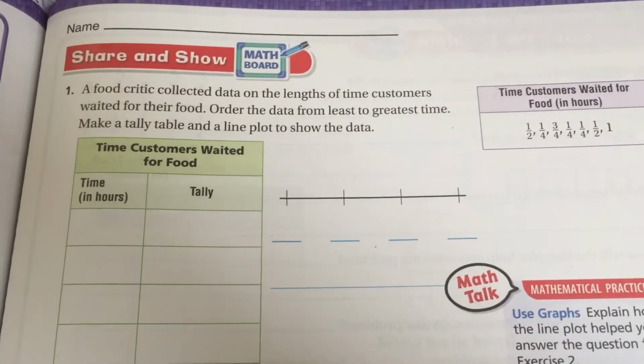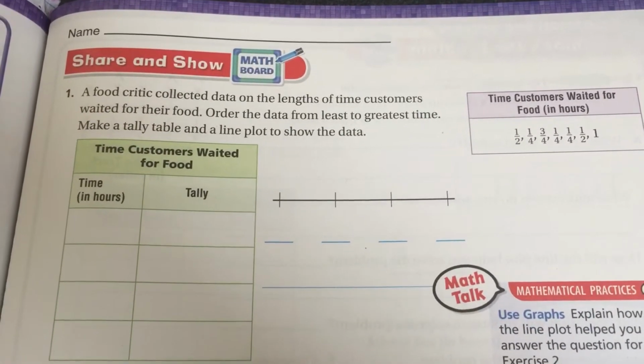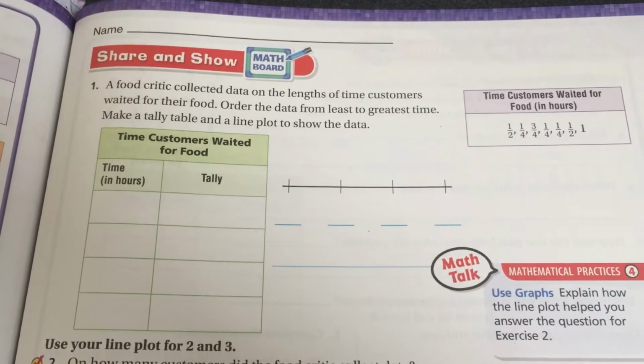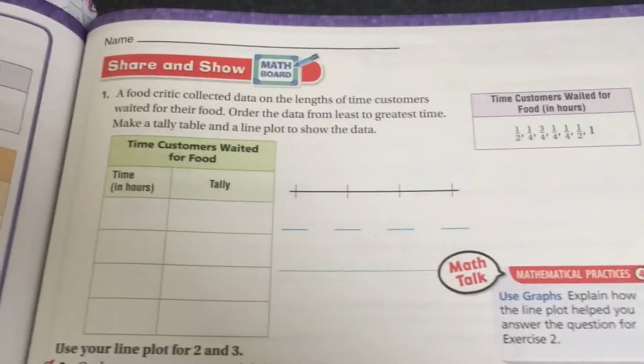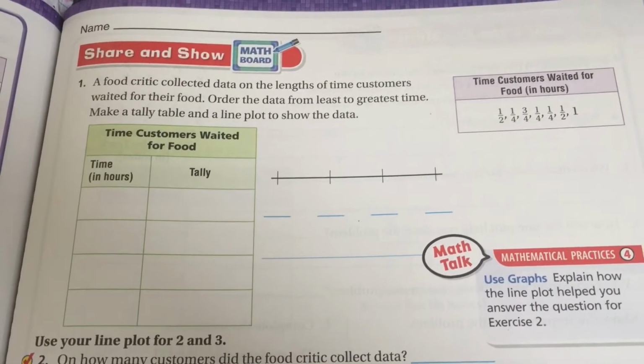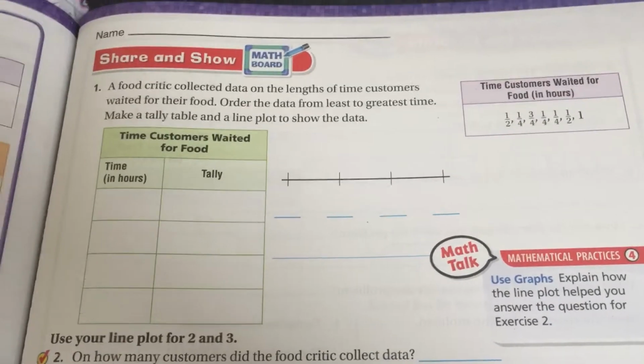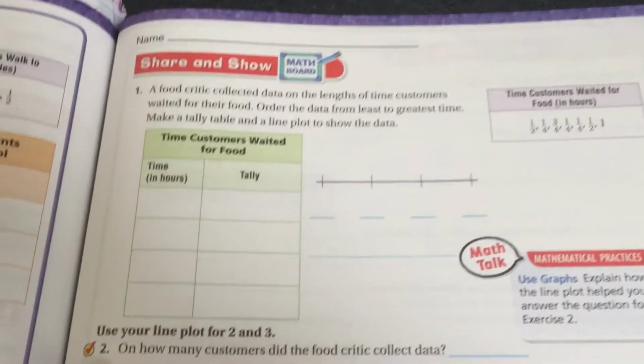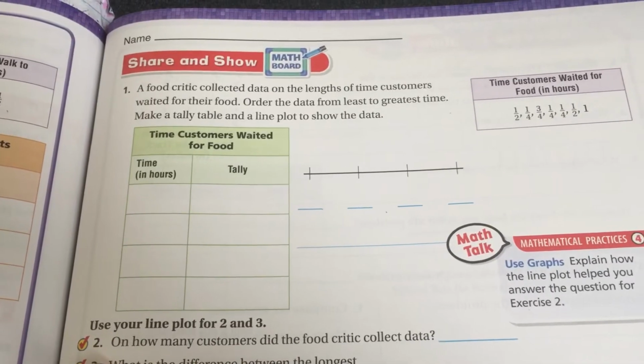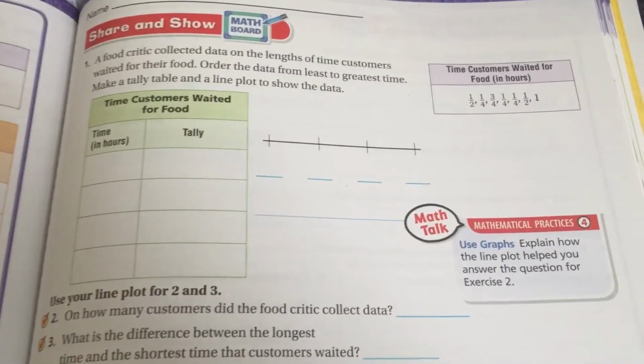So the food critic collected data on the length of time customers waited for their food. Well, that sounds like a long time to wait for food. Order the data from the least to greatest time. Make a tally table and a line plot to show the data. All right, so